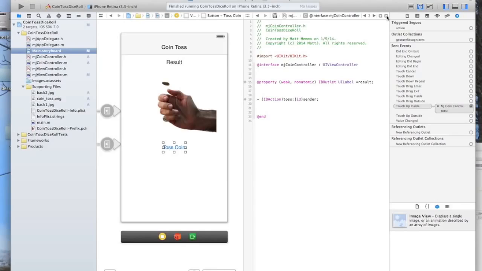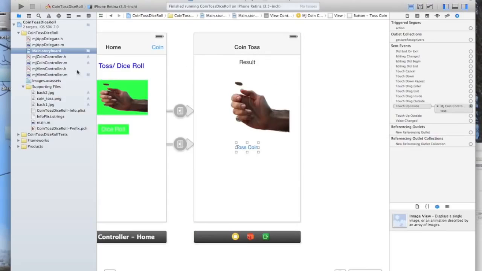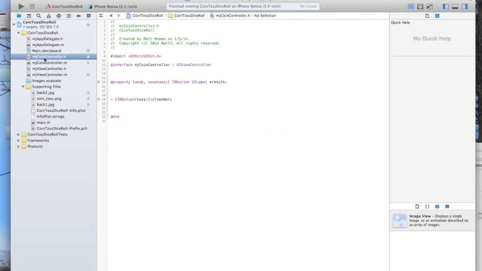Let me click this little X in the top right here to get out of the assistant editor mode. If we then go over here and click on the H, you can see the whole file at a time. We have two variables in here: we have our UILabel, and we have our IBAction. Let me just show you how you can use that IBAction